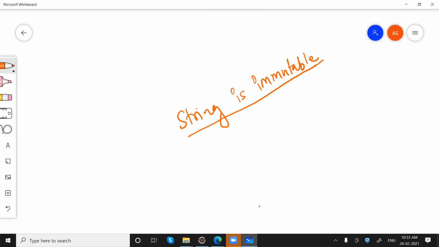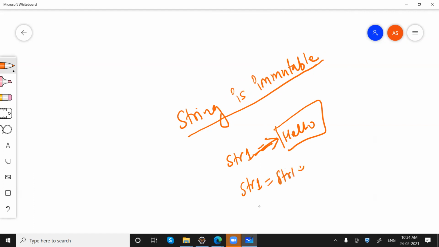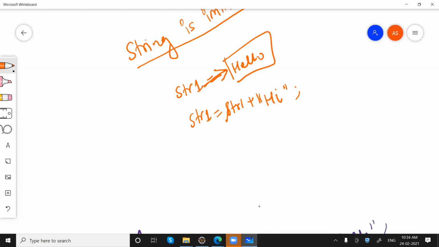For example, in our case, we had str1, which was containing "hello" inside the memory, like this. And when we say str1 equals str1 plus "hi", or we are just appending "hi" to str1, what will happen? A new string will be created, which is basically "hello hi" in the memory.